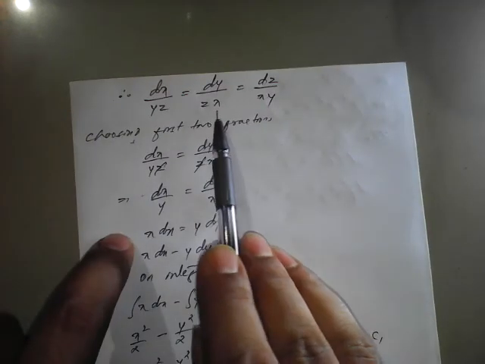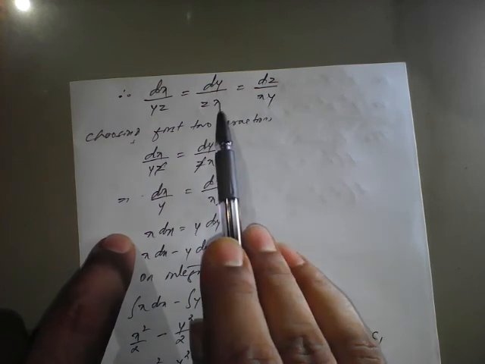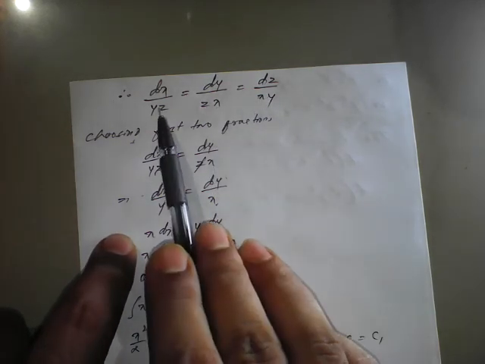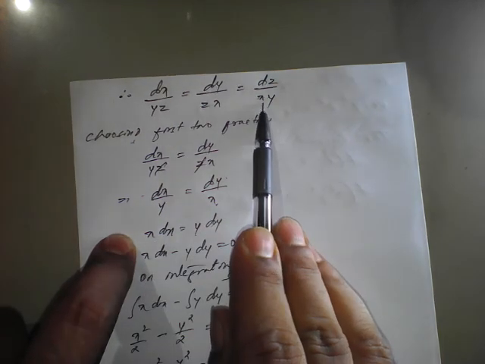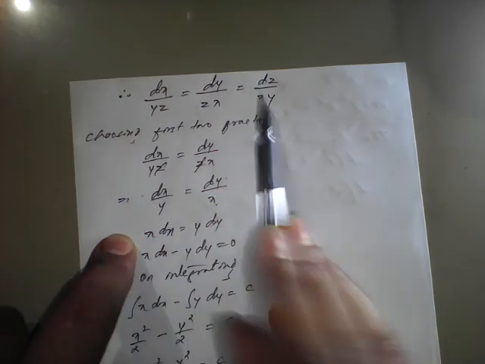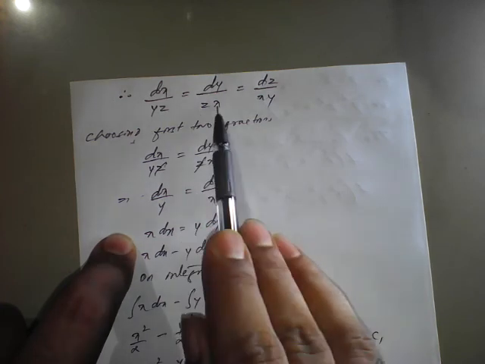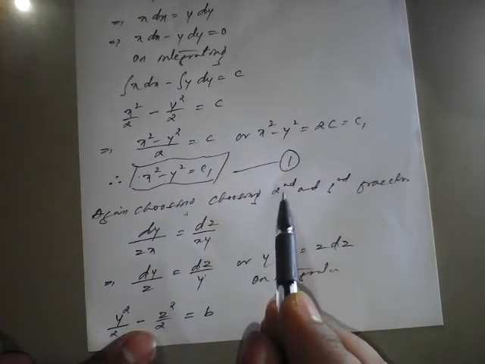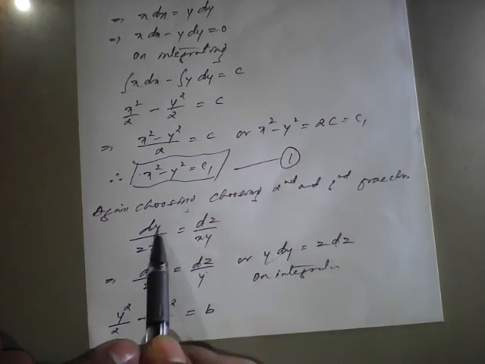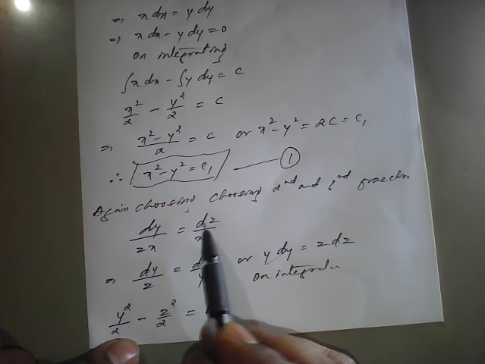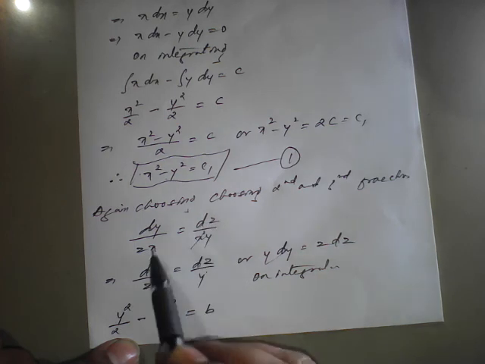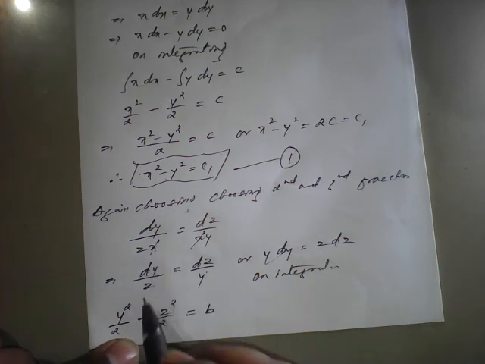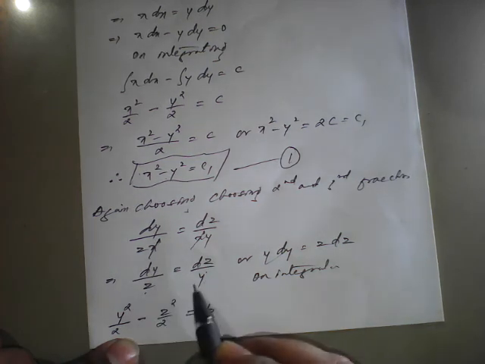Now you can take the second two pairs also. So while making the second two pairs, second and third pair, x is possible, or else you can choose first and third also. In first and third you can cancel y and y. So you have any option, either first two, or second and third, or first and third, any one. So here all three possibilities are there, so you can take any two. So again choosing second and third, the second pair is dy by zx and the third pair is dz upon xy. So x cancels. So what is left here is dy upon z and dz upon y.